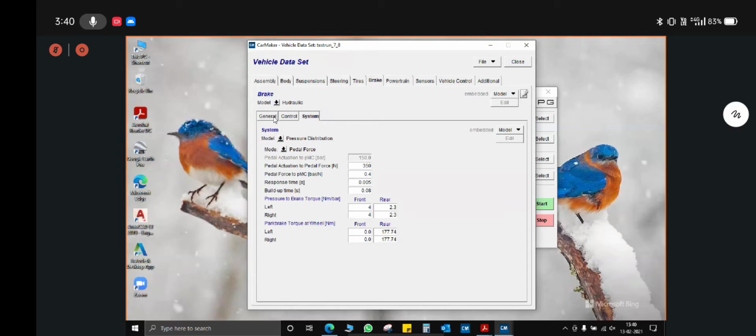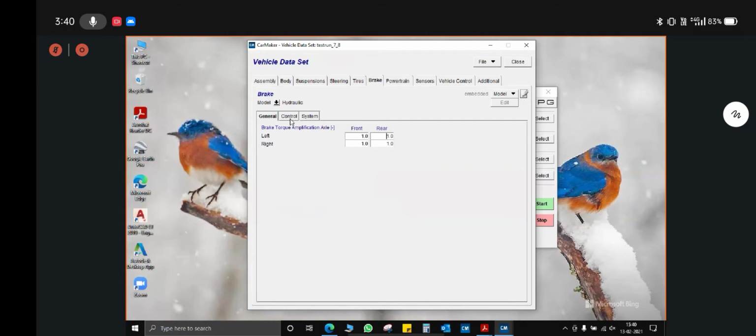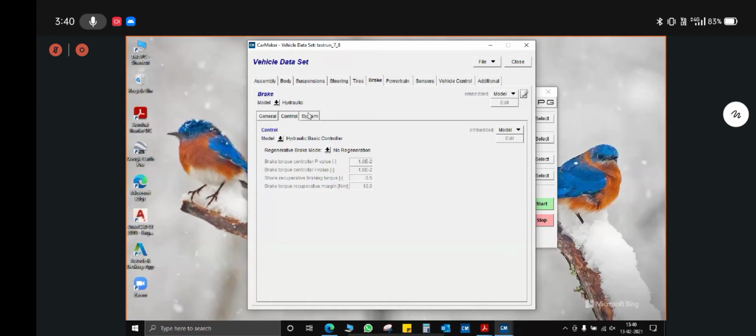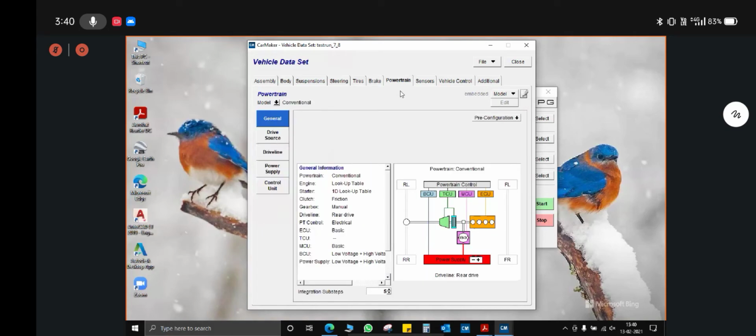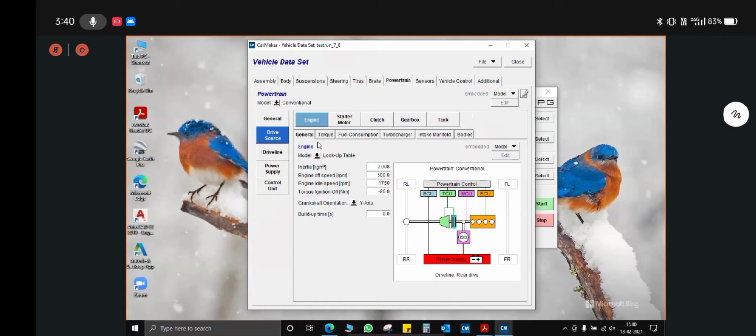Okay, powertrain. The powertrain for Baha teams, conventional powertrain has to be selected. Go to drive source. In the drive source, what engine values you have to specify here have already been given in the IPG car maker guidelines. For the torque values also, you have to select 2D lookup table, engine speed and gas. The values to be put in here are also covered in the IPG car maker guidelines. Baha team should not at all deviate from these values. Any team found deviating may face a penalty. So the general and the torque values have to be strictly defined as per the IPG car maker guidelines, and amplification has to be left as 1.0.